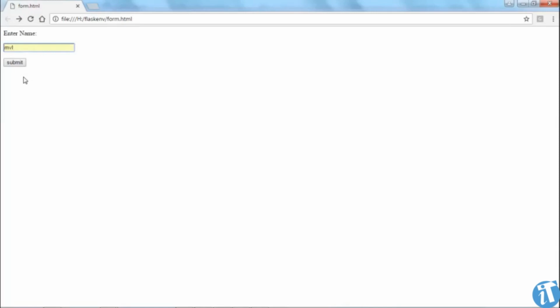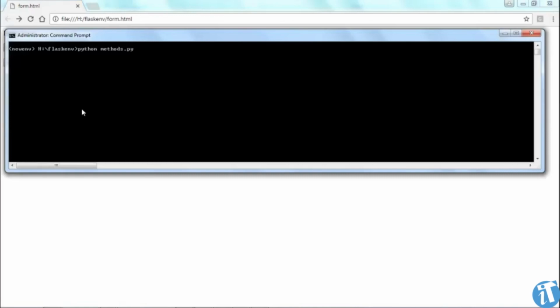Therefore, the associated view function to the login URL will identify that the method is post, and the data will be redirected towards the URL associated with welcome name equal to MVL. So first we have to start the server and then press the submit button. The name of the script is methods.py. I will start the server now